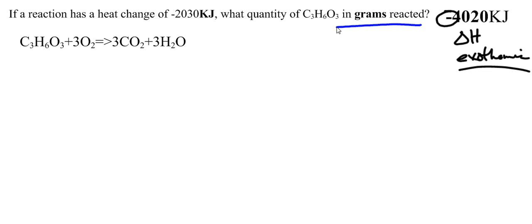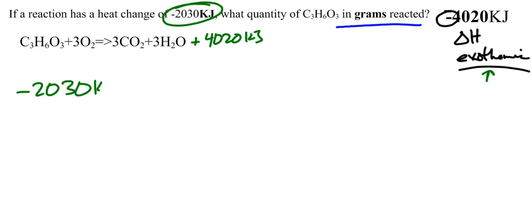So I have lactic acid reacting with oxygen gas to produce 3 moles of carbon dioxide and 3 moles of water plus, right, 4,020 kilojoules. And the reason why it's on this side is because it's exothermic. It's a product. It's a negative number, which means it's being released from the system. Okay, so what was I given in this problem? I was given an energy value. So I'm going to start with that energy value of 2030 kilojoules. Okay? Now,